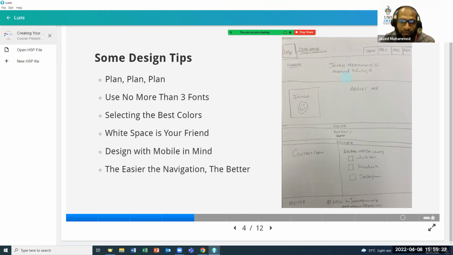So I'm seeing here in my rough draft, I want to have 4 pages, inclusive of a home page. I am seeing here that there's a logo, an image, contact form. This is telling me that I need to create a contact form and probably gather some images that I would use to link my social media sites to.